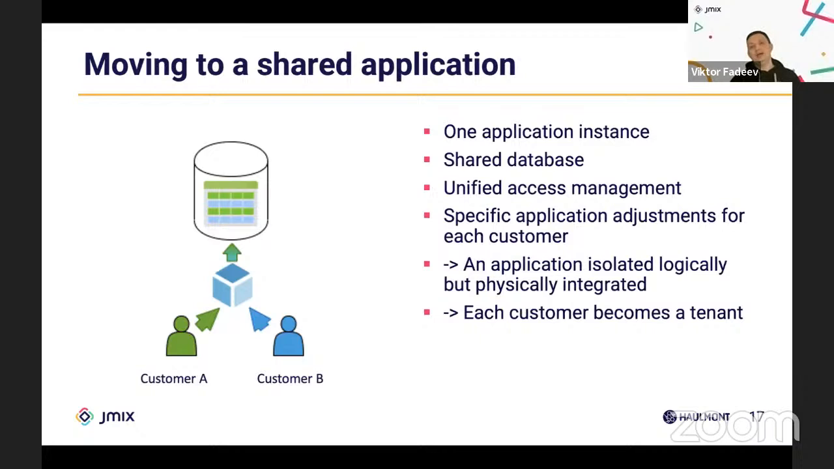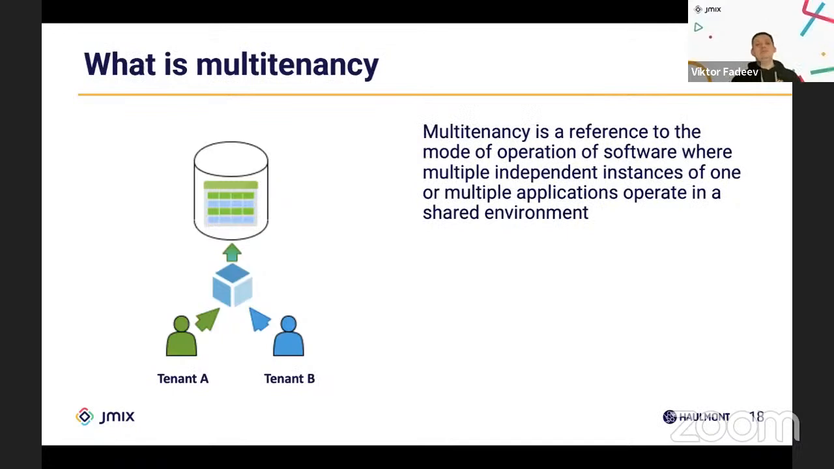In total, this schema represents an application which is isolated logically, but physically integrated. And in this case, each customer becomes a tenant. So here we can see the definition of multi-tenancy as it is. You can see it on the slide, and I don't want to read it. I think that you can read it much better than I am. But the thing that I want to highlight is that